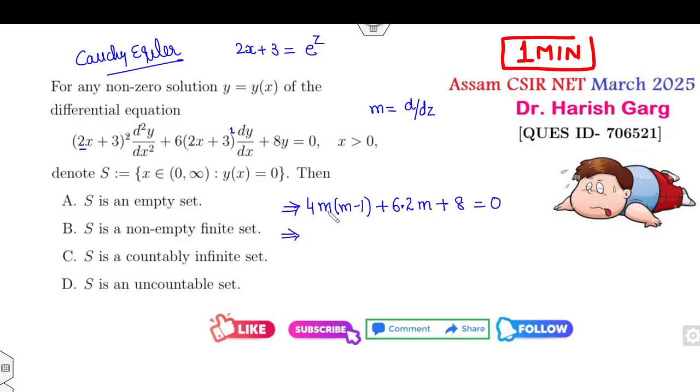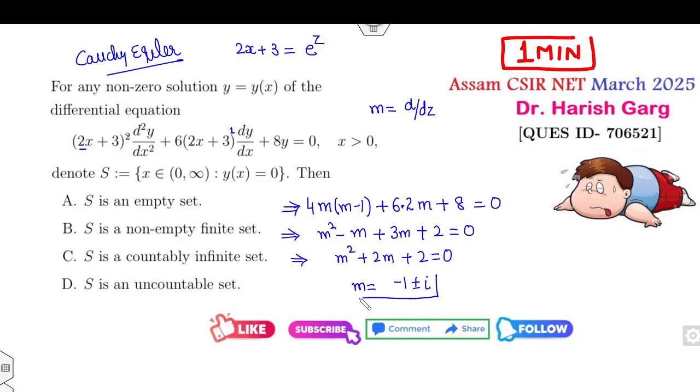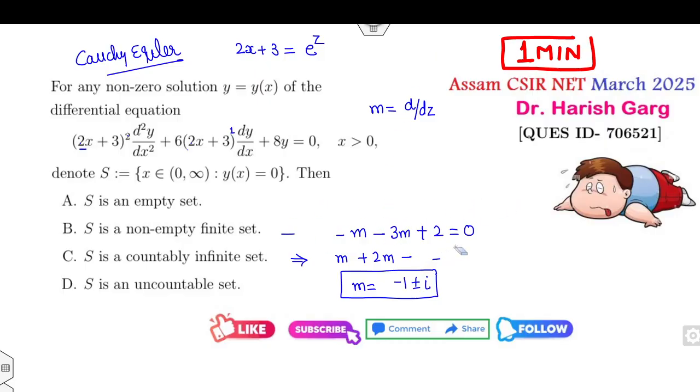So I can divide it by 4. It will be m square minus m, plus 3m plus 2 is equal to 0. So that will give you m square plus 2m plus 2 equals 0. So can you find the roots of the equation? This will be minus 1 plus minus iota. Is it okay? So once you know the roots of the equation are minus 1 plus minus iota,